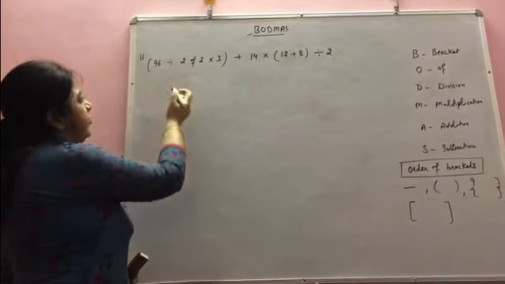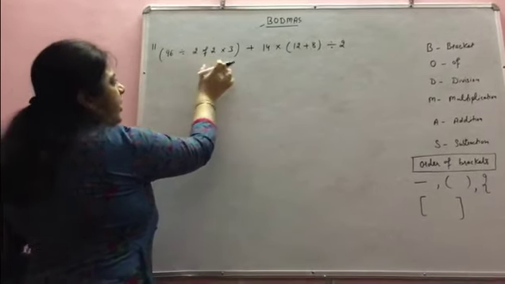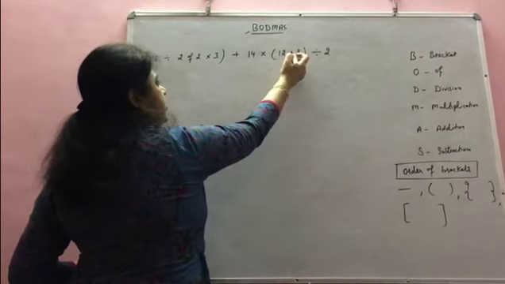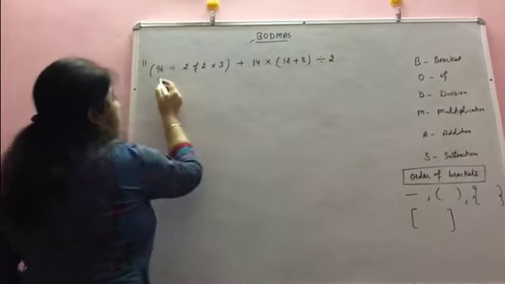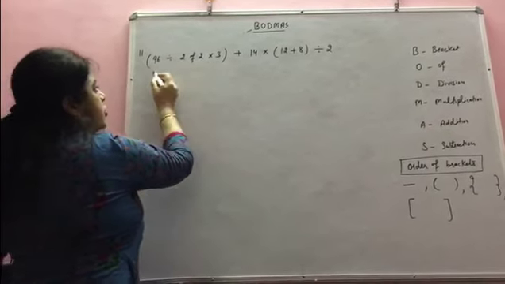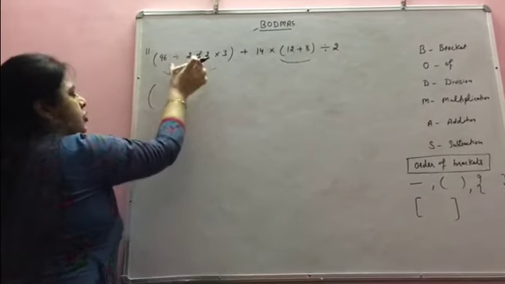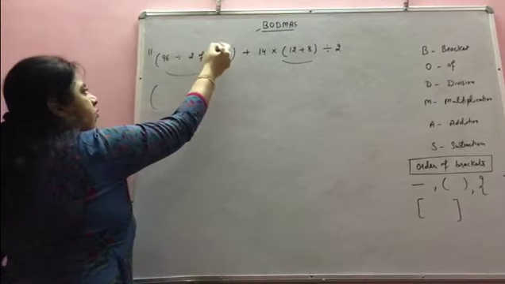Now the next numerical expression is this, which is to be solved. Here also we have small brackets. Inside of this we have only addition. Inside of this we have three operations: division, of and multiplication. So side by side we will solve this and this bracket. Whenever we are solving this bracket, division, of and multiply.